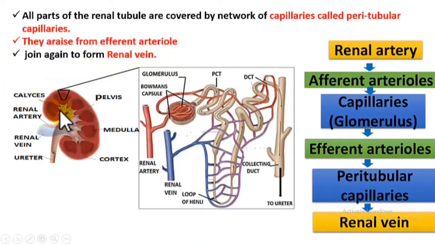So students, you know that the renal artery brings oxygenated blood with waste materials to the kidney, right? So the systemic aorta, which is coming from the heart, breaks into renal artery, and that renal artery enters into kidney. After entering into the kidney, the renal artery breaks into several branches, and those branches are called as afferent arterioles. So renal artery, after entering into kidneys, break into afferent arterioles.